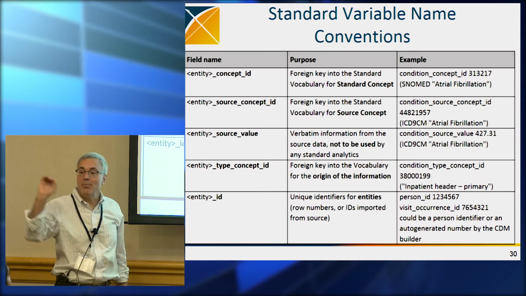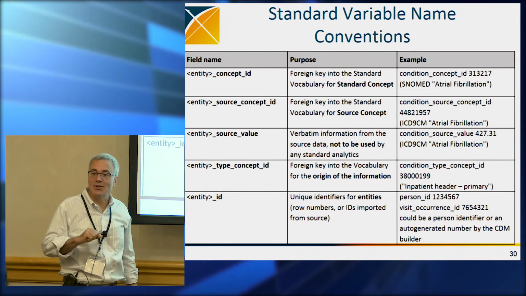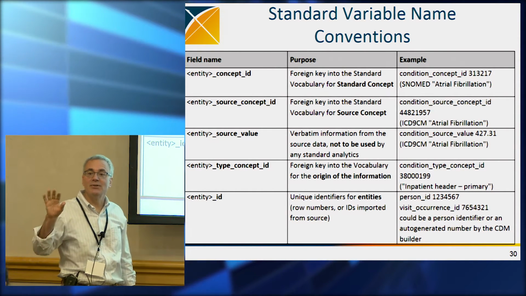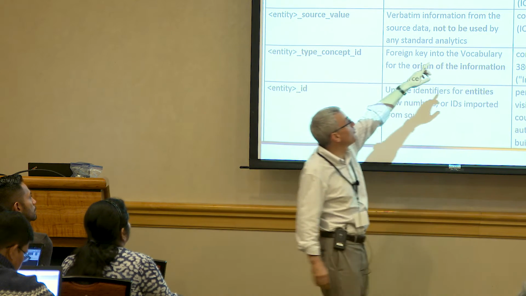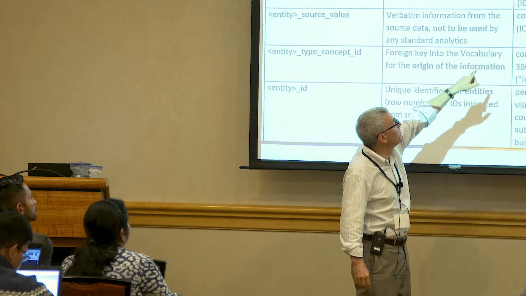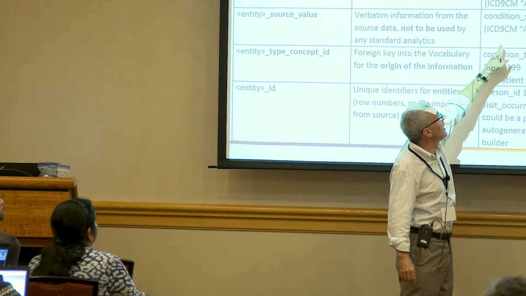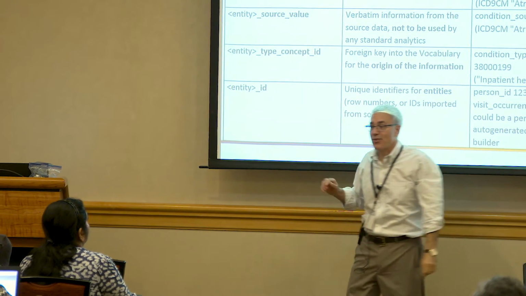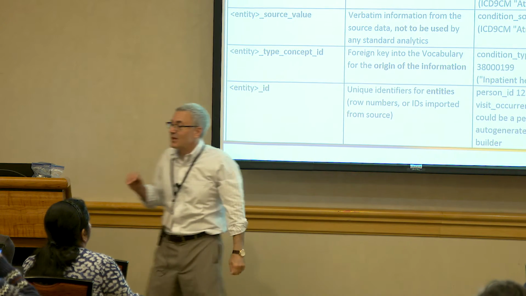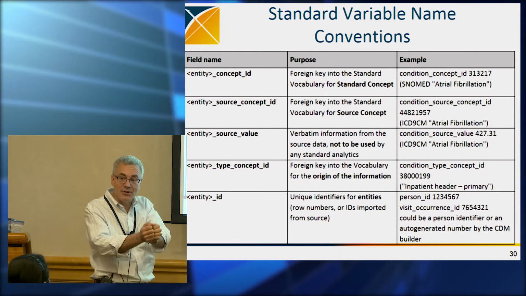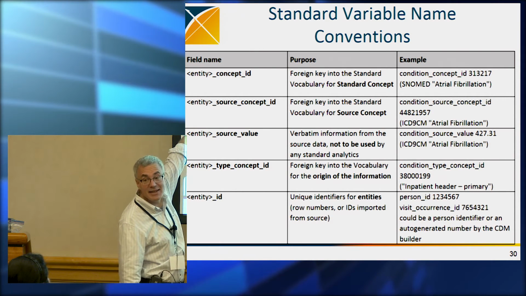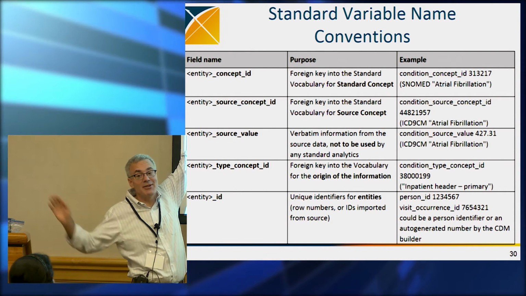Then there's the OMOP name for that ICD-9 code. So OMOP always deals with its own names for things, which is an integer, and shown there is 448.21.957. That's the OMOP name for ICD-9 code 427.31. Okay, so when we manipulate things in OMOP, we're not using the native codes. We keep the native codes in the database. So this is not in some vocabulary table.